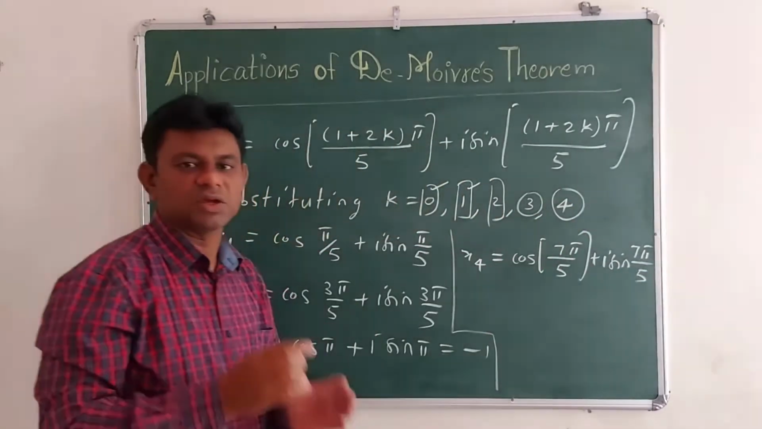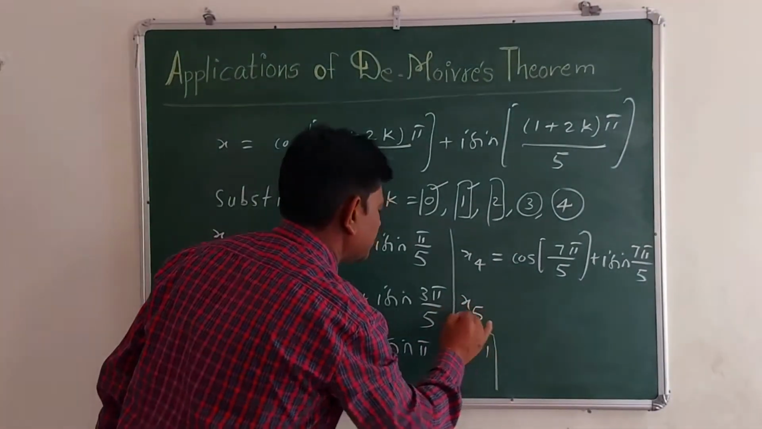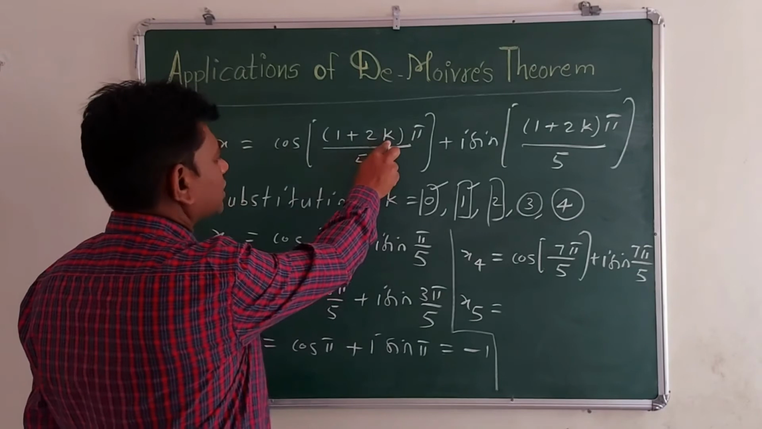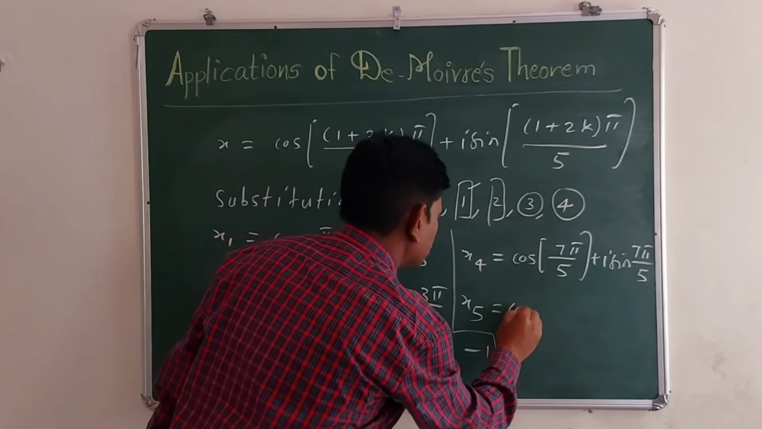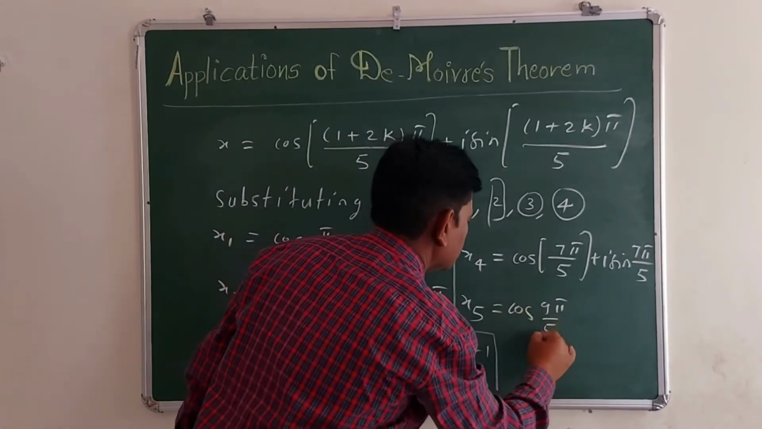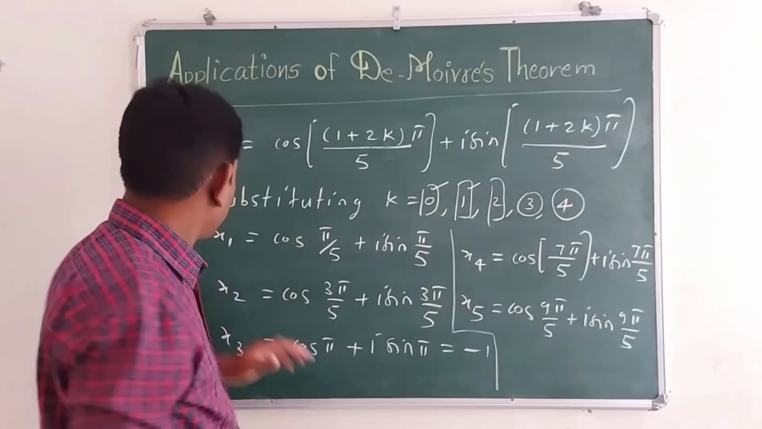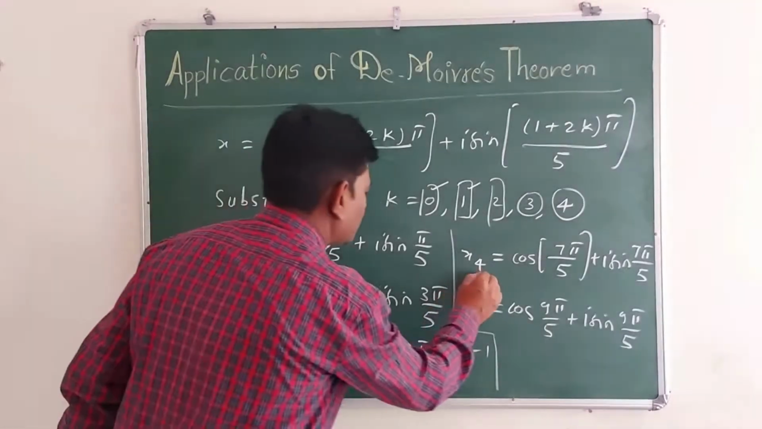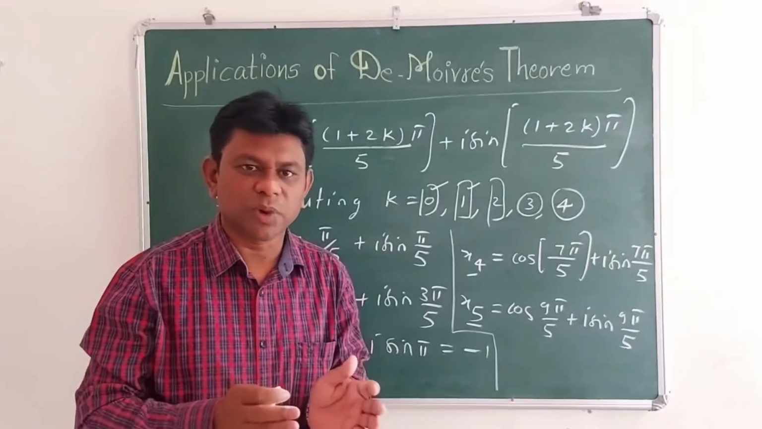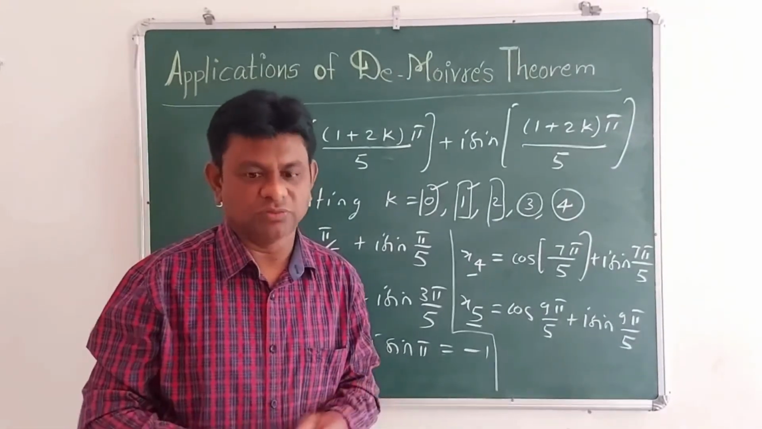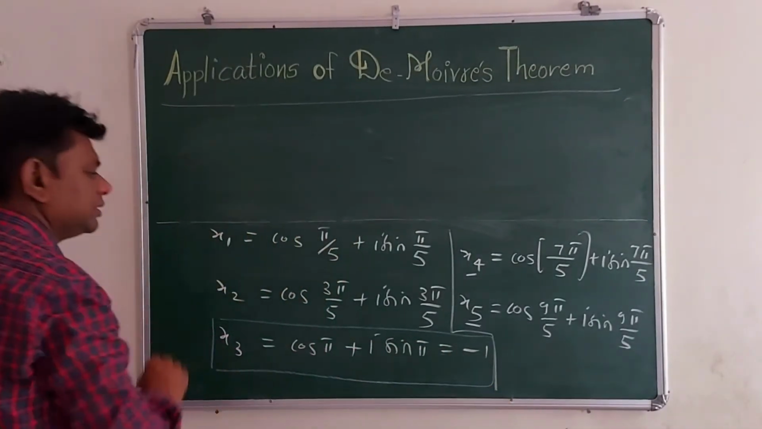Now by substituting k equal to 4, we get the last answer of the new equation. It is denoted by x5. Now this is equal to, now k be the 4, the 2 times 4 is 8 plus 1 is 9 pi by 5. So cos 9 pi by 5 plus i sin 9 pi by 5. So therefore x1, x2, x3, x4, x5 are the roots of the equation x to the power 5 plus 1 equal to 0. Now excluding the answer x3 is equal to minus 1,